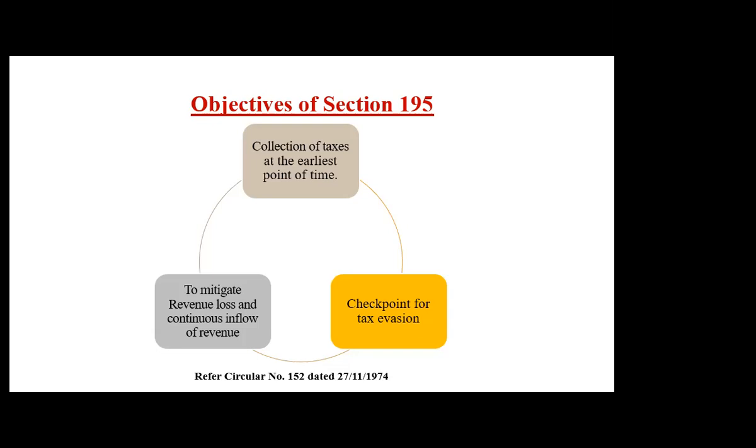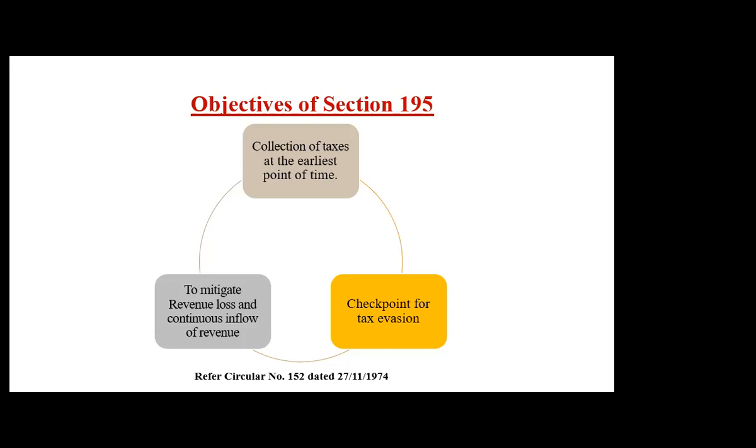In all other sections which we deal with, the TDS sections, generally that is considered as an advance tax, and then you have an assessment of tax also later on. But in case of Section 195, we consider it as an ultimate tax. This is generally considered as the final tax. Generally, assessments are not there. There are, of course, relaxations for not filing of TDS returns also. So we would consider this as the ultimate or the final tax.